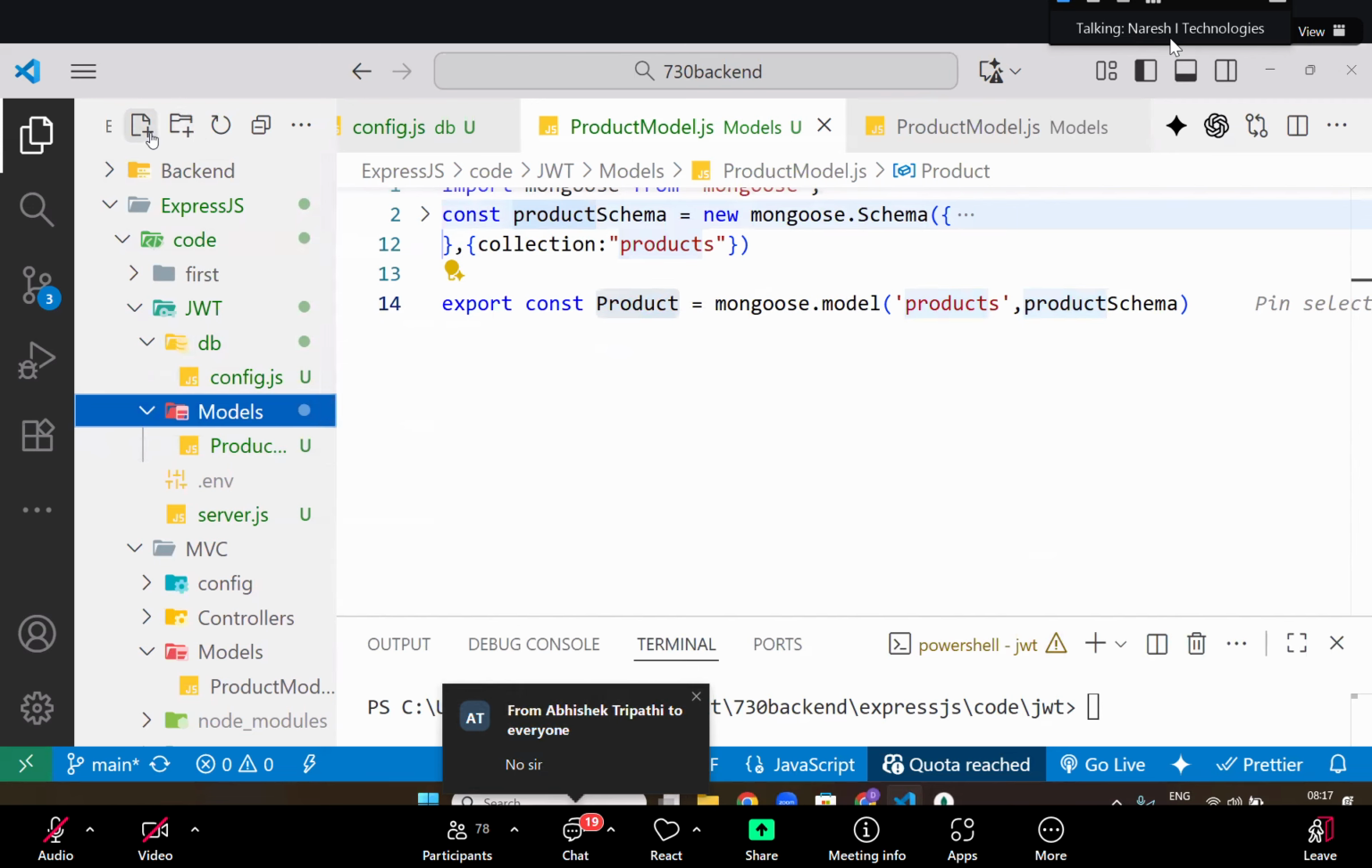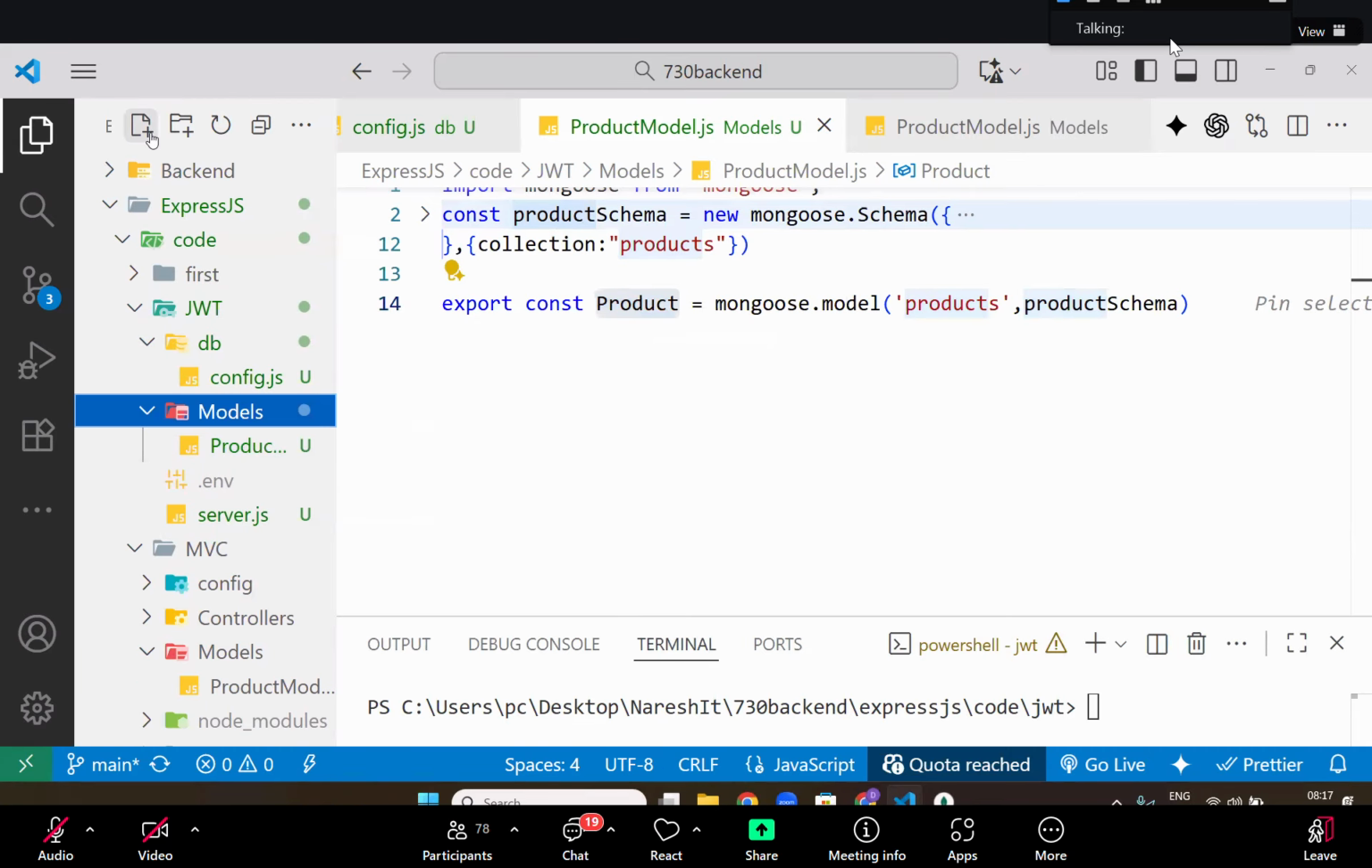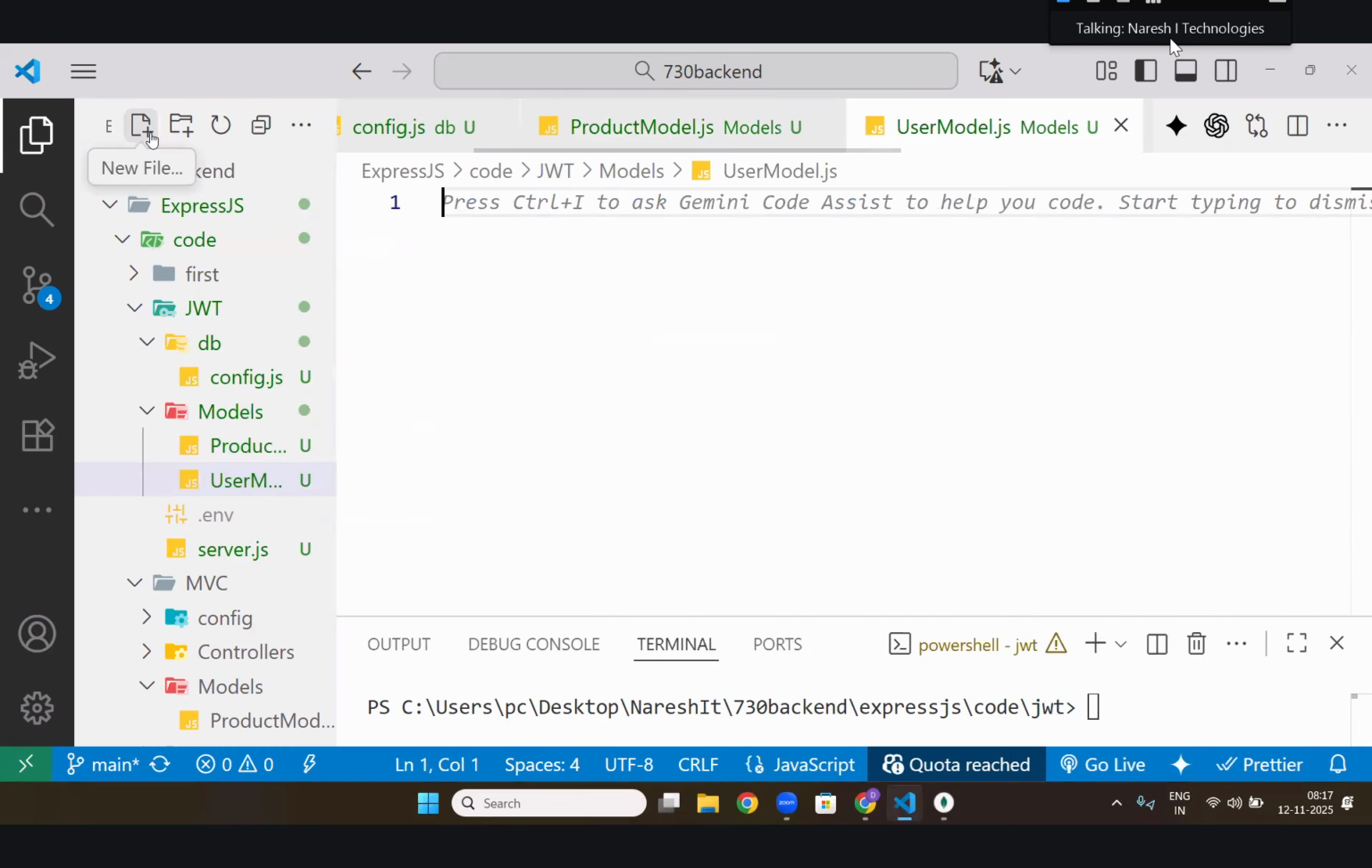No. I'm creating another one called user model.js. What is this user model? I have to store username and password. Earlier, our application did not have users, but now you have to store the users also. You have to check whether that person is a logged-in user or not. Then, to check the users, import